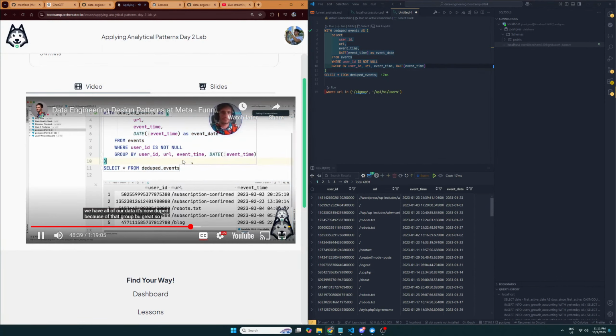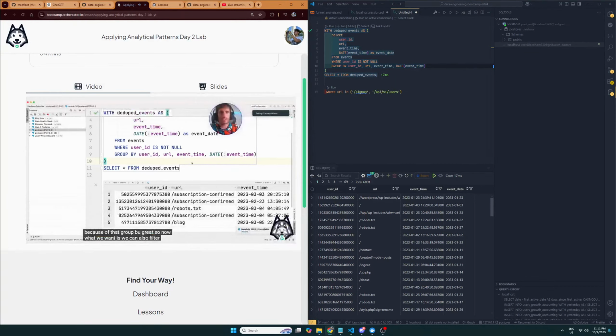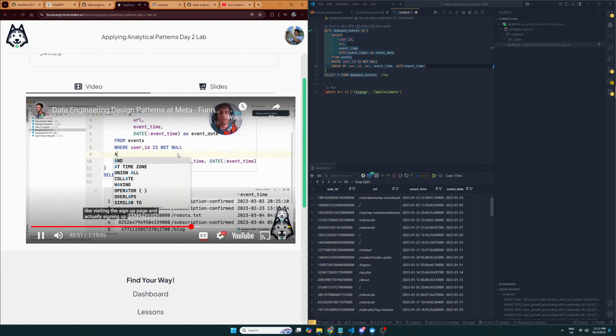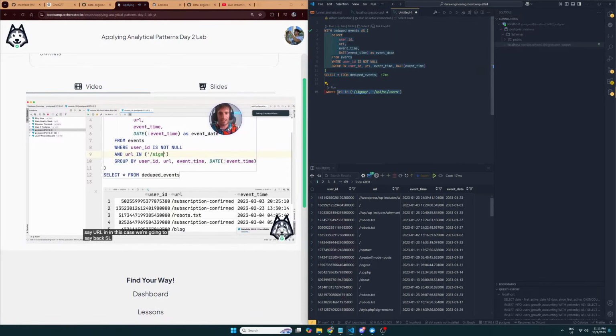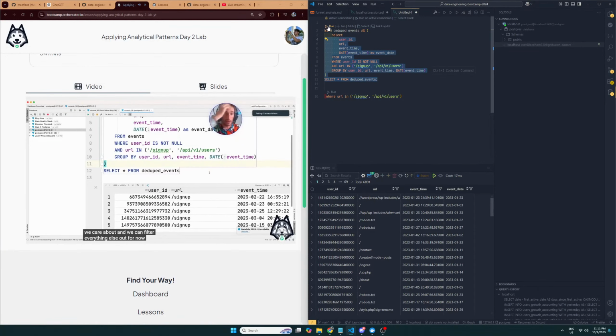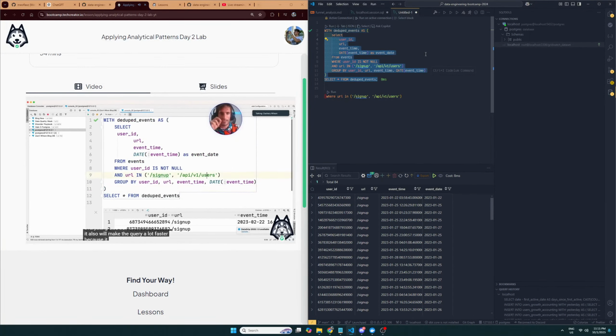Great. Now we can also filter, because we only care about two events in this case: visiting the sign up page and actually signing up. So we're going to say URL in backslash sign up and backslash API v1 users. Those are the two events we care about, and we can filter everything else out for now, which also makes the query a lot faster because it shrinks the data set down. So now we want to ask, okay, did this user who visited a sign up page ever make a sign